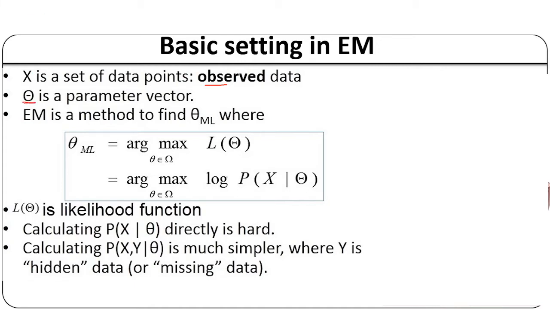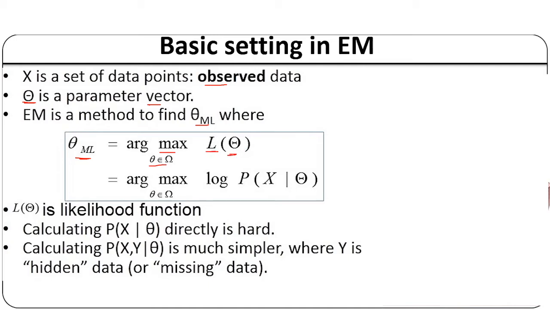Here I am going to consider that the data are two-dimensional. Again, I could consider it more than that, multi-dimensional, and then I could assume it is a vector. So here theta is the parameters for the vectors. Now we are going to find out the method to find the maximum likelihood estimation using this formula. Here the maximum over theta belonging to omega, where L is the likelihood function of theta.